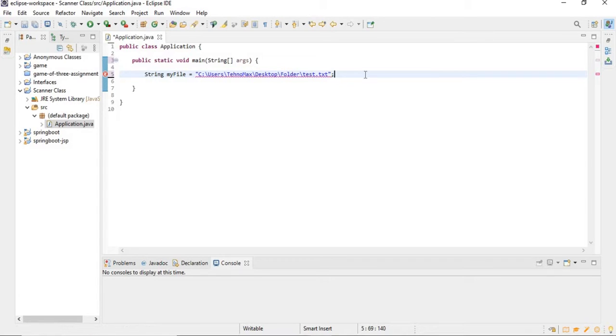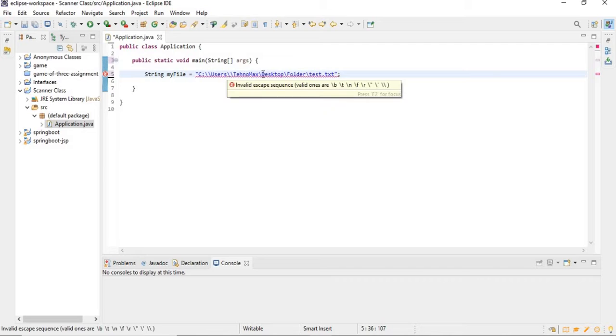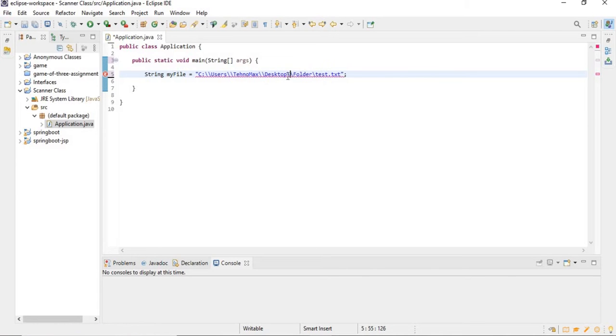And at this step you may have a problem on Windows because backslashes in Java are special characters. And to fix this, you can either make it a double backslash or make it a forward slash. In our case, I'm gonna make it a double backslash, and that will fix this problem. And moving to the next step,